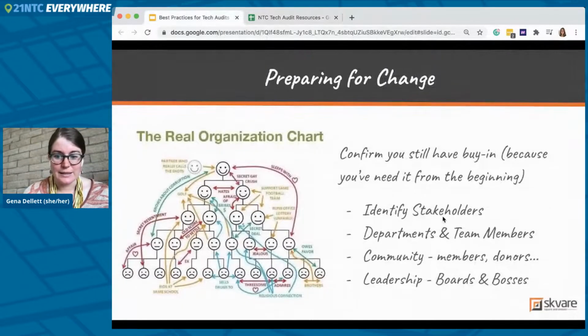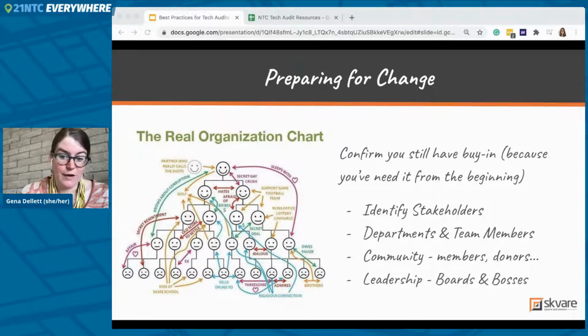So getting back to our final steps: now that you're preparing for change, it's about confirming that you still have buy-in. You needed it from the beginning in order to even complete this process, but you need to confirm that you still have it because you have change now, and who those stakeholders are,